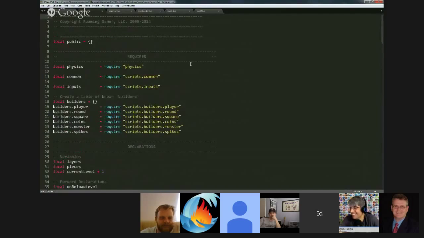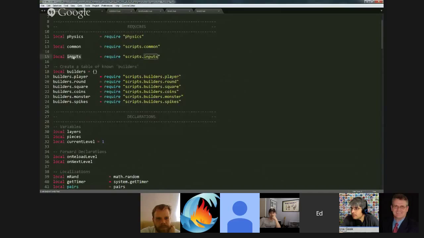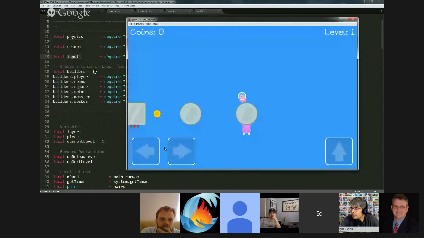So in the game script, basically, it's another module, and it uses the physics library. It requires common because we're going to use some variables out of there. It includes the inputs script, which we talked about on show 1, which basically builds up the buttons, and handles dispatching the events into the ether, so to speak, for the other objects